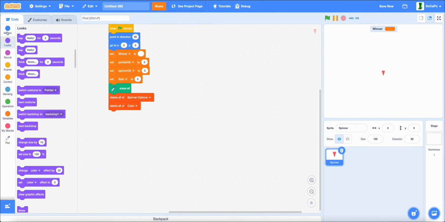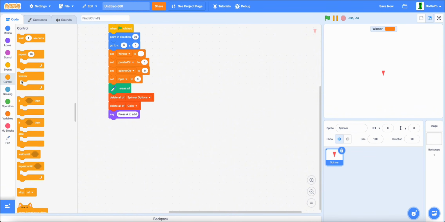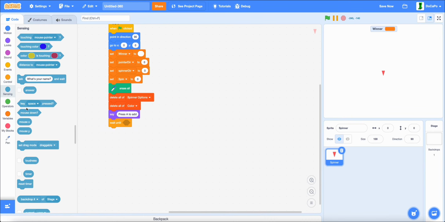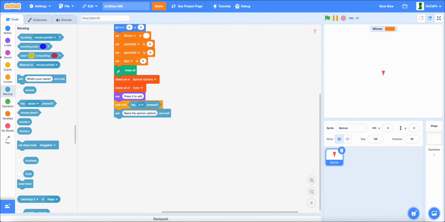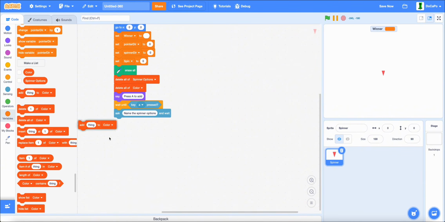Now, with the say block, say press A to add, and then wait until key A pressed. And now ask, and then ask name the spinner options. And with this, add